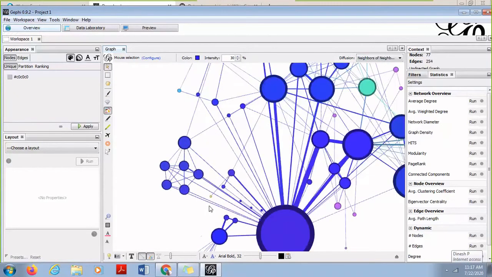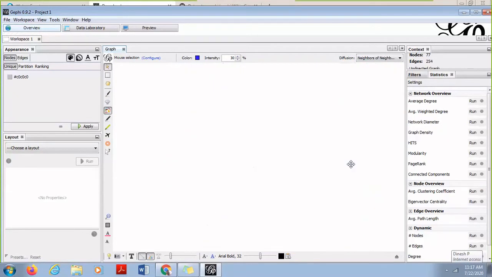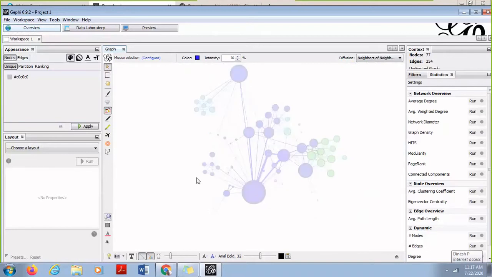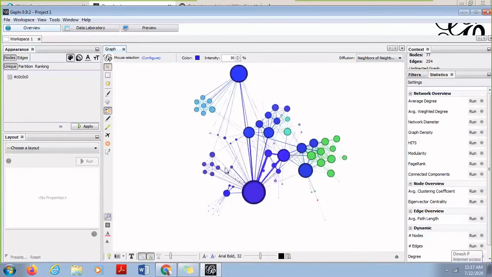Then there is another feature which is available over here. When I am working on the graph, it may happen that you are lost. You do not know where the graph has gone. So in this case, there is an option of recenter. You can click on this recenter, which brings the graph back to the center position, and then you can start working. This often happens when you are working with very large graphs, and it does happen that the graph just disappears when you are trying some of the options. So this option is very important and it helps you to get the graph back to the center position.